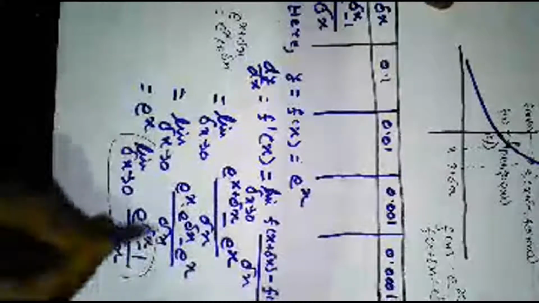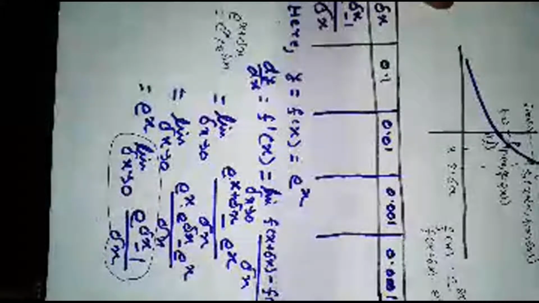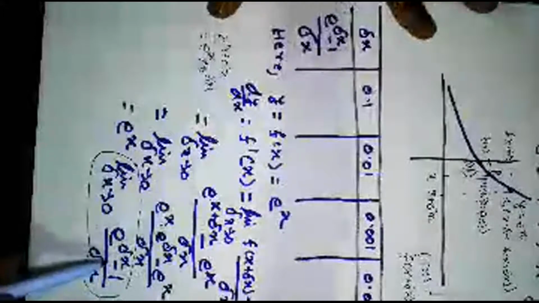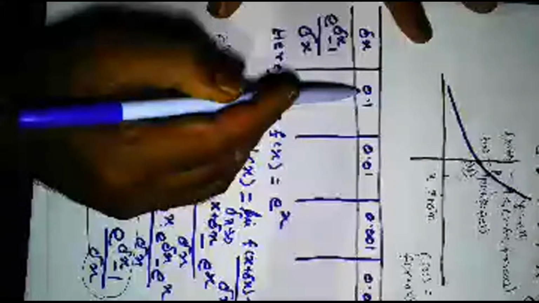So what should be the value of this term? There is a theoretical way also, but this time I'm going to explain it practically. In order to find the value of this term, I have taken one row for delta x and another row for (e to the power delta x minus 1) by delta x. And if you can see this value over here,